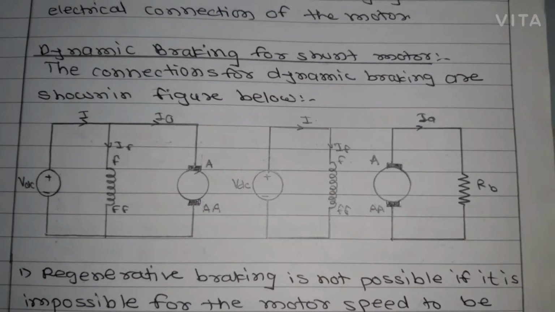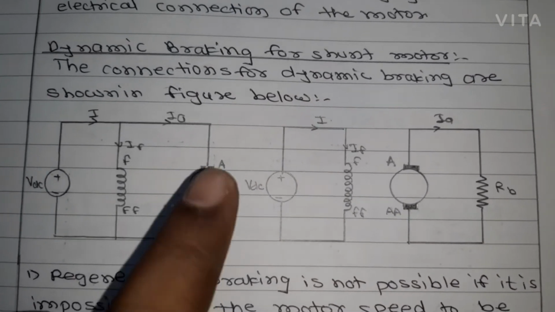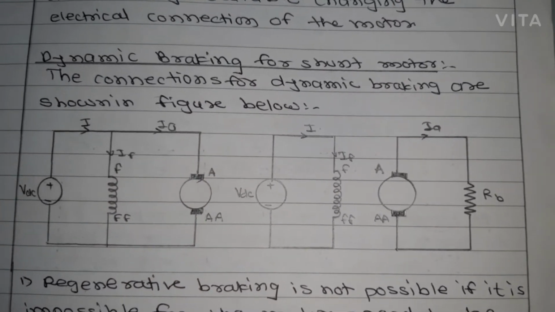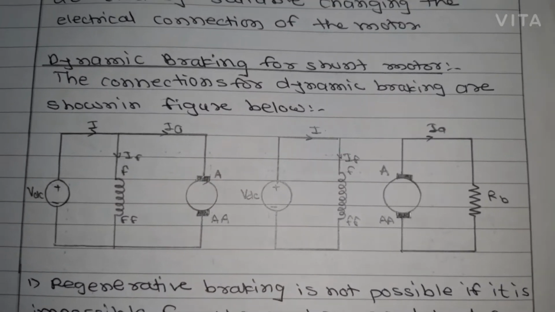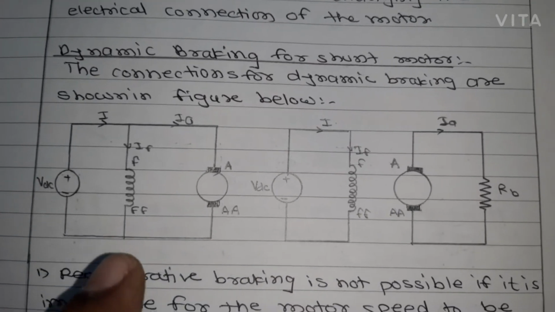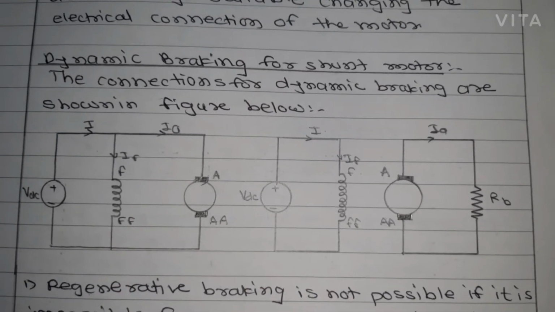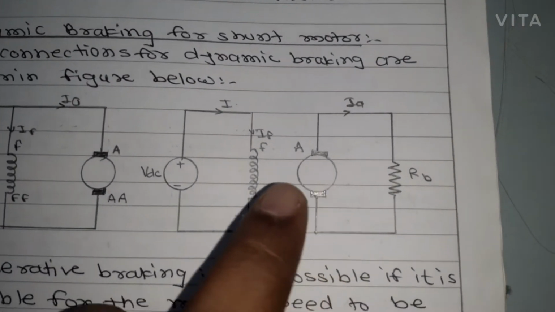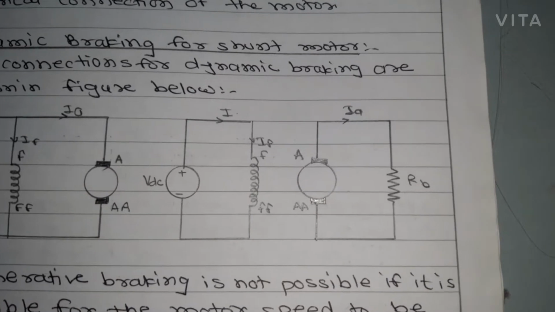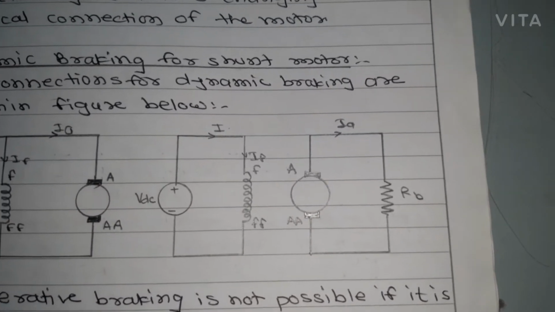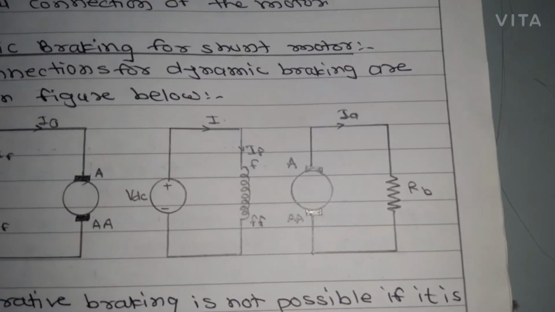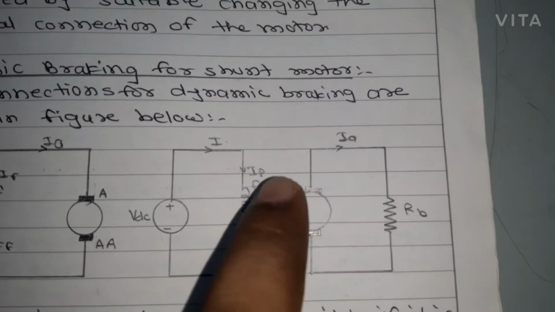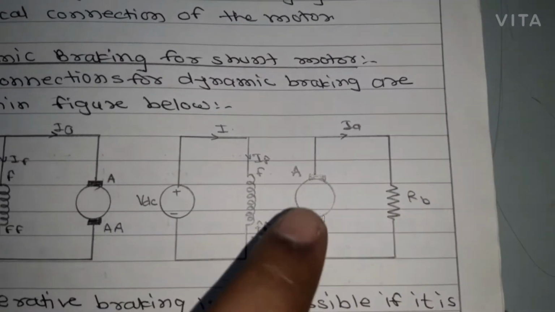There is kinetic energy present in the armature. When motoring, the kinetic energy is already stored in the rotating armature. So when we disconnect from the supply, due to kinetic energy it continues to rotate. The armature is rotating in the field, so conductors are cutting the flux, and the back EMF is still getting generated. Due to that back EMF, a current is set up in this loop.